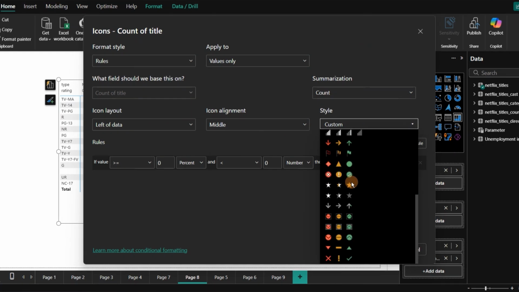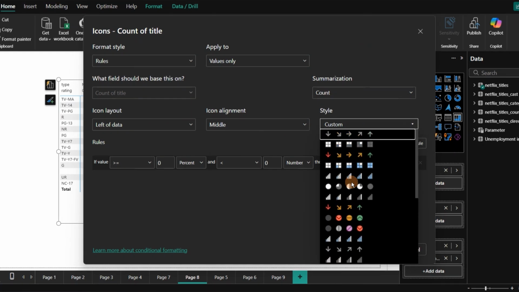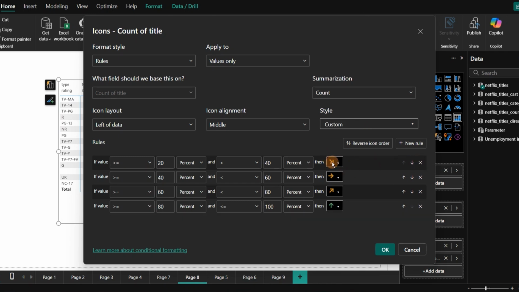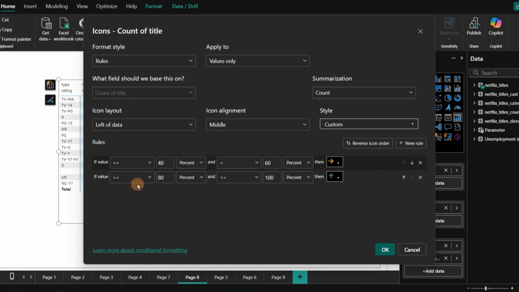And for style, I have all these other style options. Suppose I want this style, I will click here. I will get this style, and in this style I don't want a negative bar. I want a neutral bar and a green bar, so I will cross all other icons.